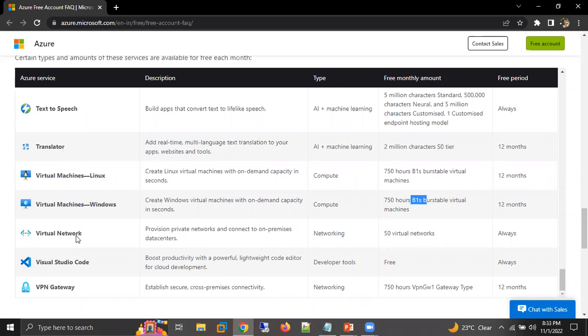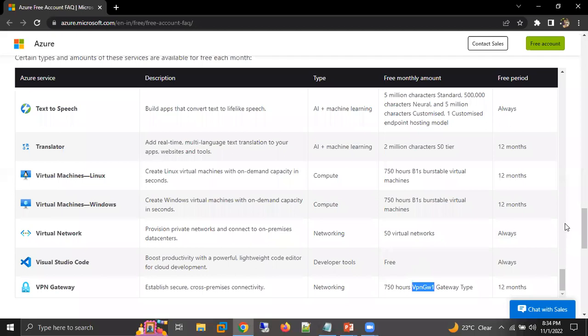Virtual network service, 50 virtual networks are always free. VPN, 12 months free. We have a service called VPN Gateway, we'll learn it in our upcoming session also. 12 months free, 750 hours per month. What type of VPN? This is the type of VPN, VPN GW1.